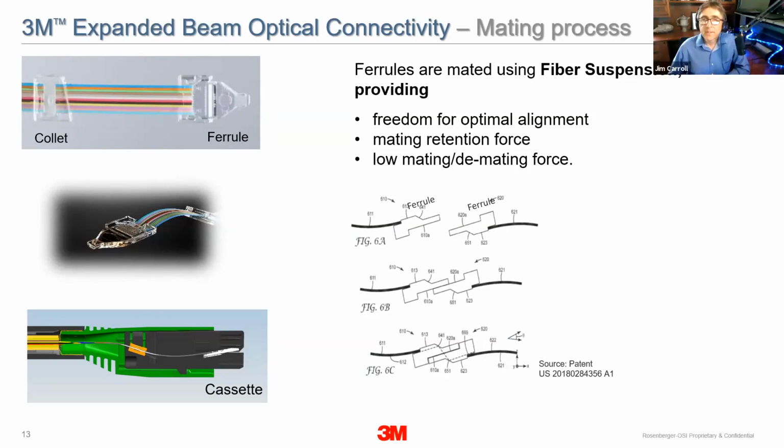Wolfgang, any final thoughts? I can only add to what Duane already told. It is expected that in future we will see seriously more single mode in the data center, what we still have today in multi-mode. So next generation 400, 800, maybe even 1.6 terabit, I think we are going very straightforward to single mode applications. And here is maybe also what was discussed already before, where some people had some concern about an insertion loss of 0.7 dB max. Of course we are better in the